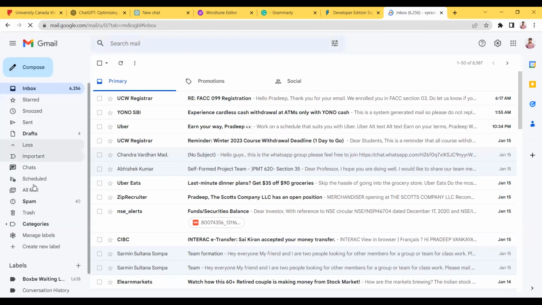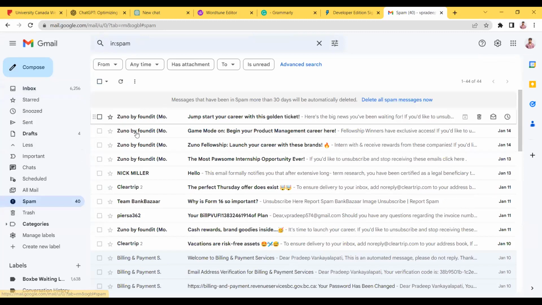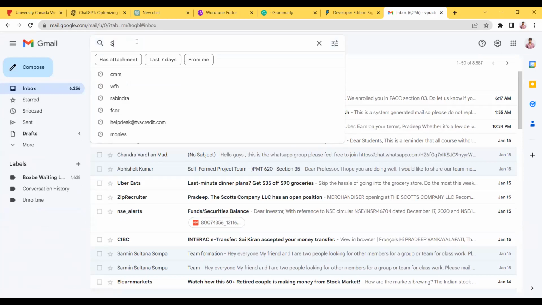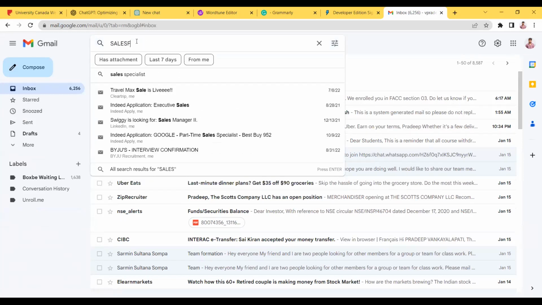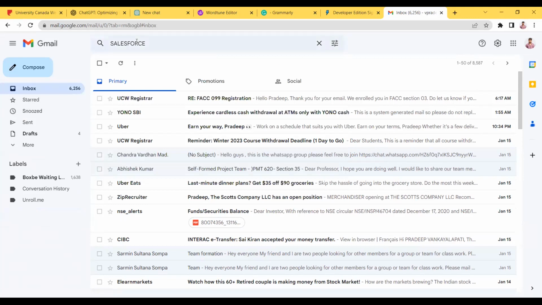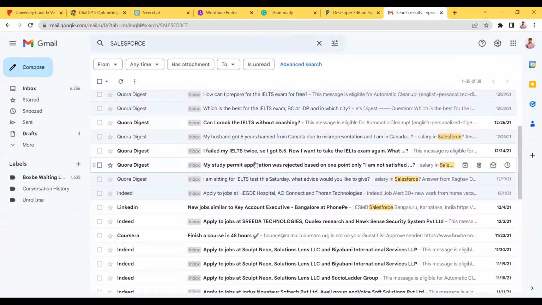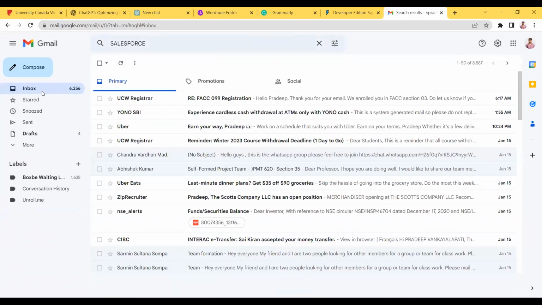Is it the same account, the same email address? It's the same. Okay. In the global search, just type Salesforce, so that it searches completely. Yeah, just refresh it one more time.